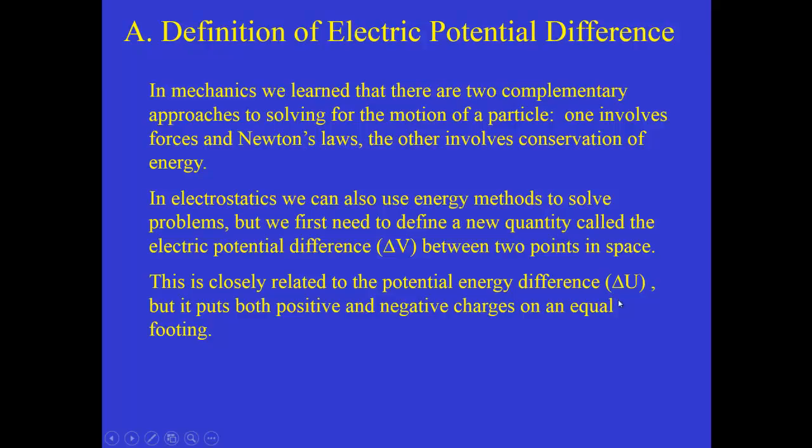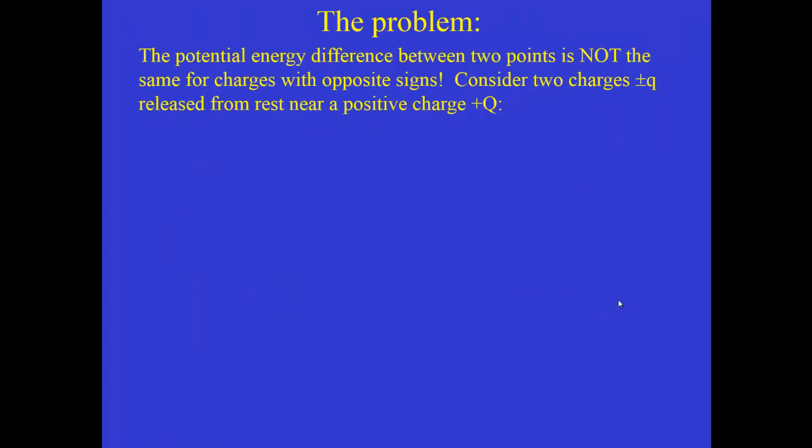In order to understand why we want to define this new quantity delta V, let's look at a specific example and see what the problem is. The potential energy difference between 2 points turns out to not be the same if we look at charges with opposite signs. Imagine that we have this bottom charge plus capital Q, and if we release another positive charge plus little q at a point near the larger positive charge, it's going to be repelled, so it will move away. And using our understanding of potential energy, it will move on its own from a higher to a lower potential